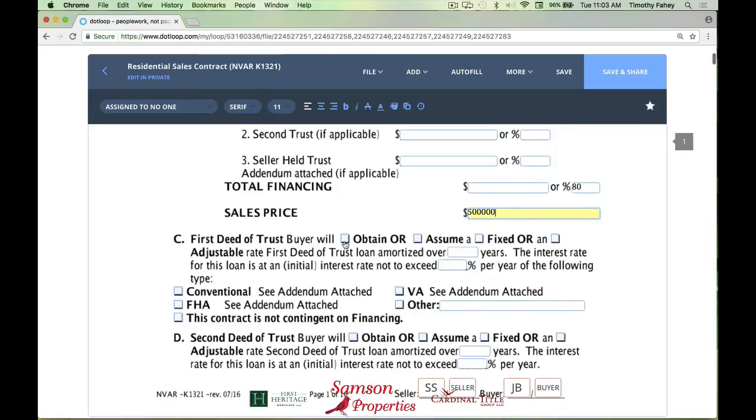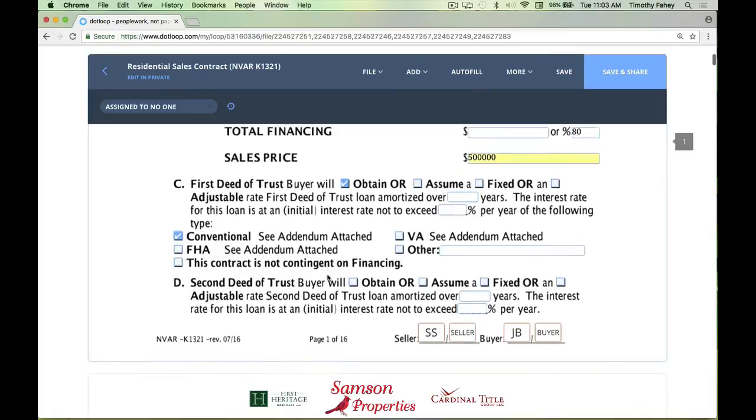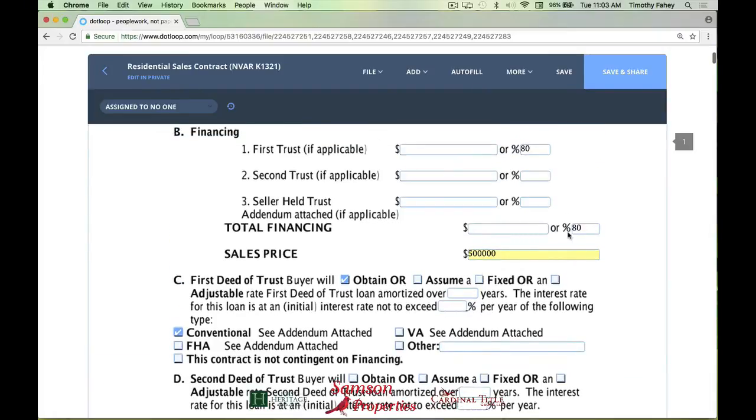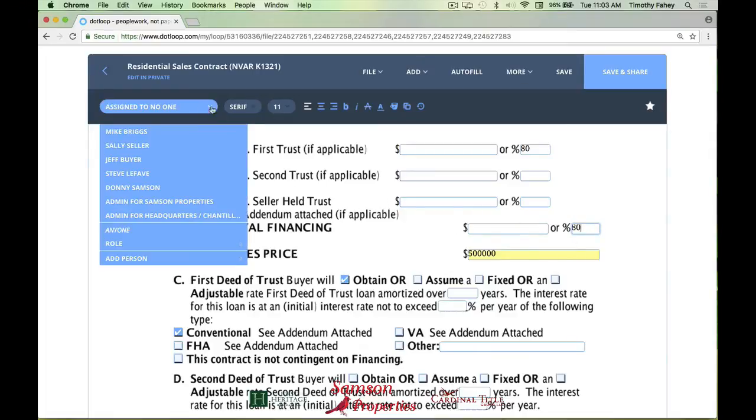We're going to obtain a conventional loan. I'm not going to click all these boxes all the way through, but just showing you, you can fill these out. Now, a couple tips here. If I'm in this 80% box, okay, as soon as I click in a box, you see some stuff comes